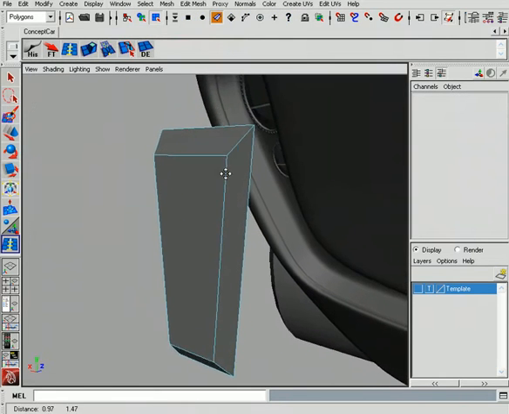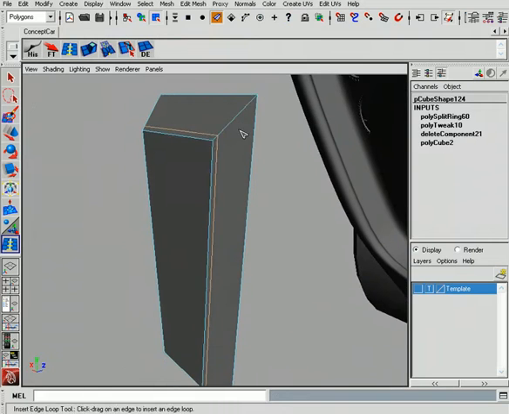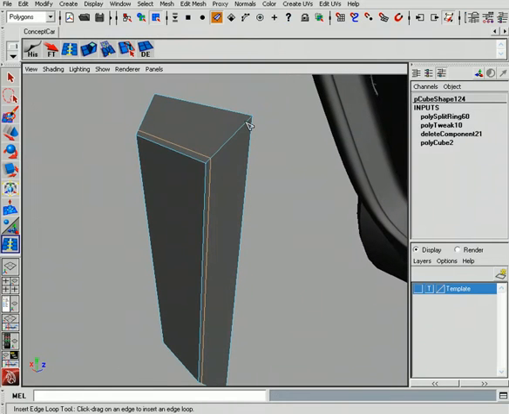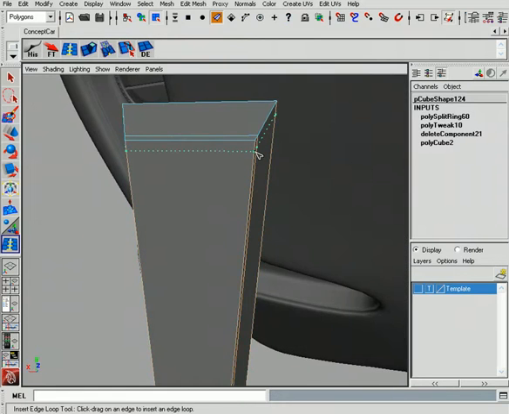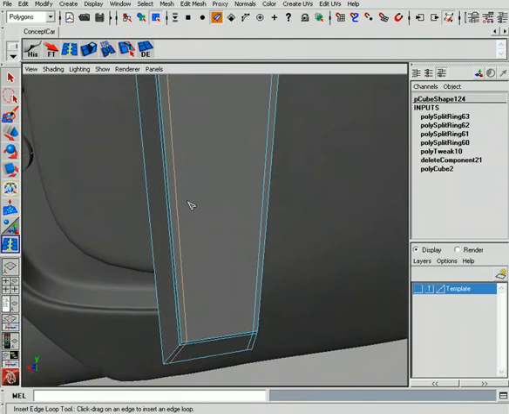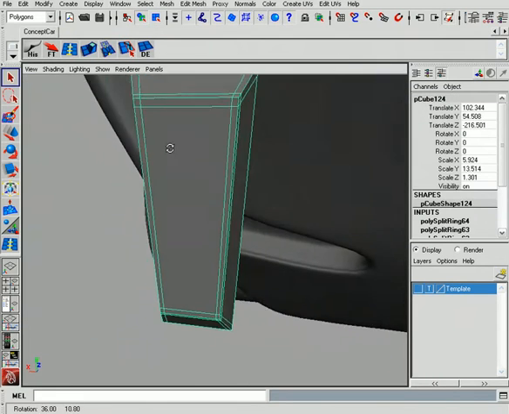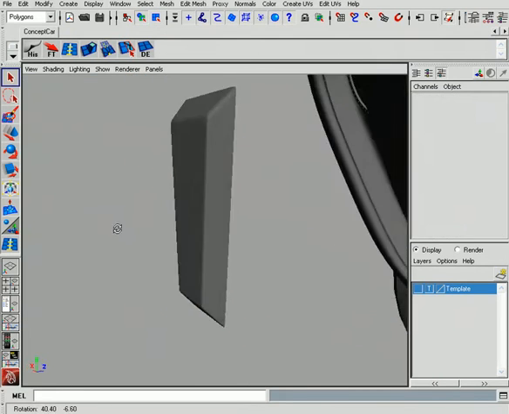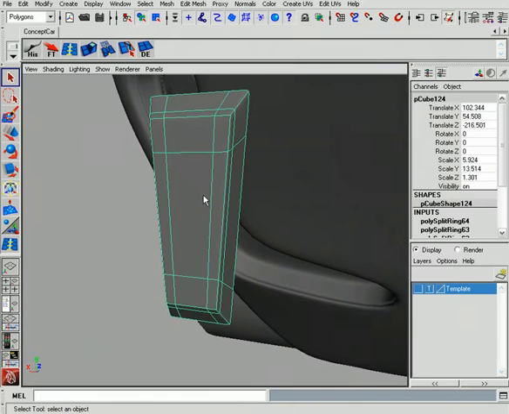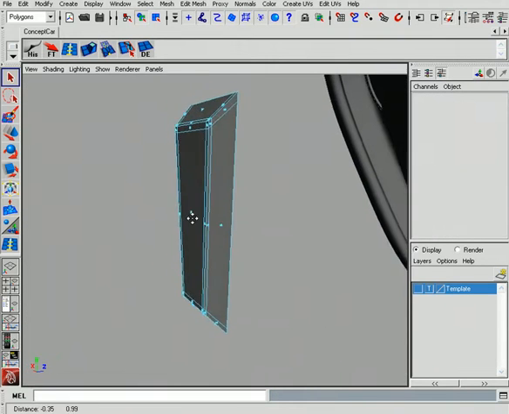And instead of extruding, let's go ahead and just add an edge loop on this side, and then we'll extrude the top. Okay. Go ahead and add loops right in here. And down here as well. Okay. And then you smooth that out, that's what you get. So if you want a little bit more detail, you could just come in and